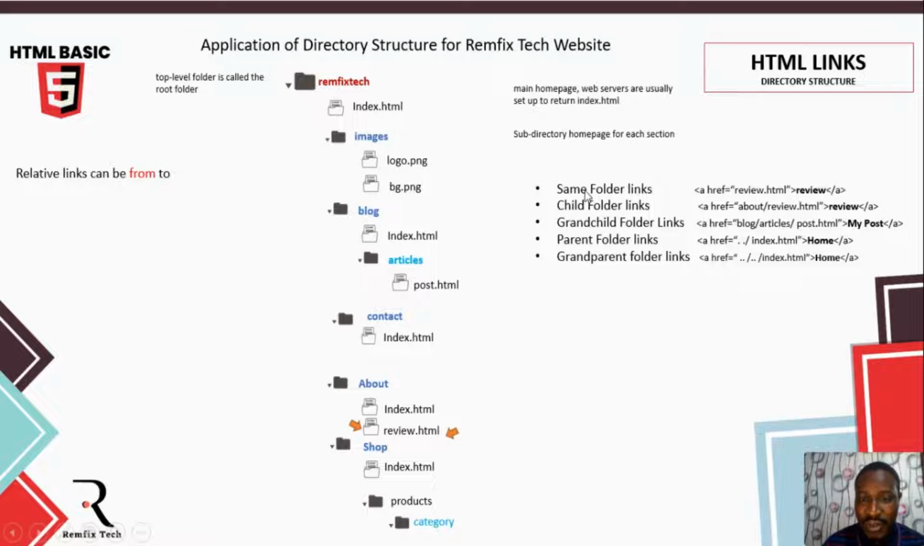So we looked at an example of same folder links, right? For example, if I have a link in my index.html, which represents the home page, and I want a link to go to review.html, it will have this link, review.html, right, because they're in the same folder. So for example, an example of a child folder link is, if I have a link that will take me to reviews from my about folder, so it will be about